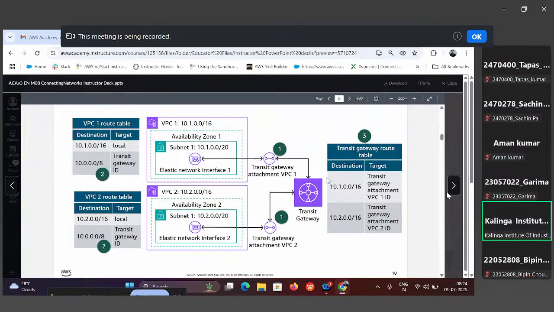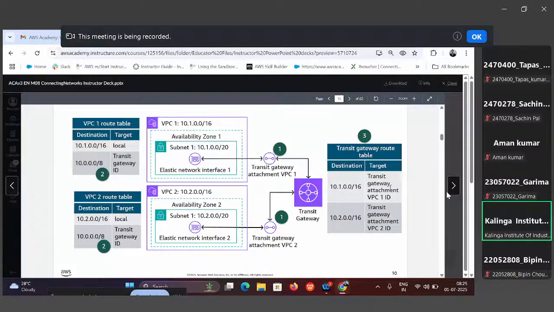And here there will be a transit gateway. Here you will see the transit gateway attaching VPC one and VPC two, right? So with the help of this gateway, you can connect multiple VPCs as well. And accordingly, if we're connecting the VPCs, there will be an IP source, destination, and target. So accordingly, it should be maintained in the route table, the transit gateway route table,